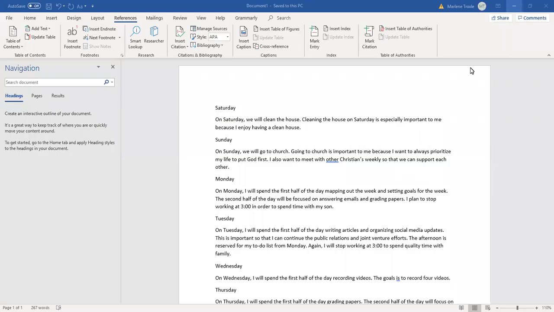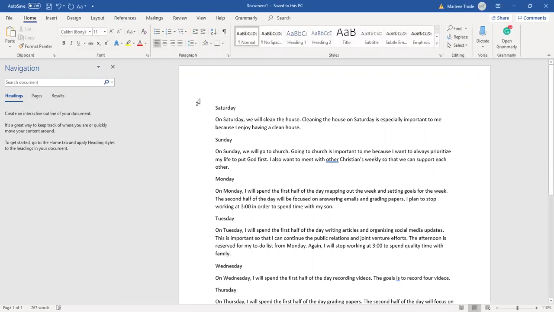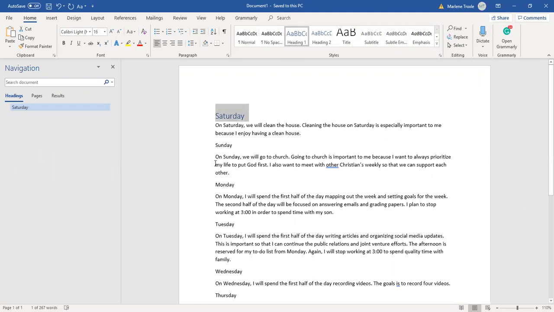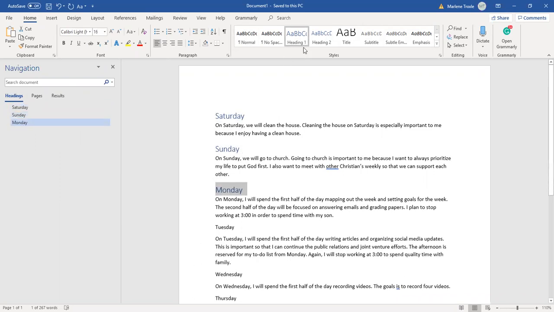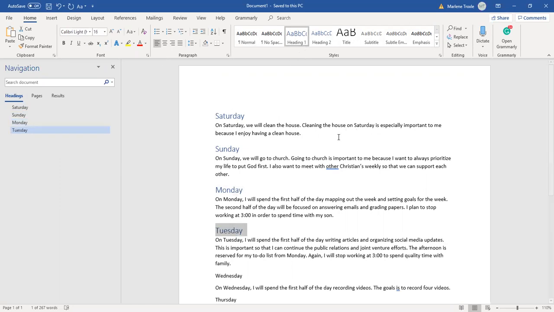In this video, I'm going to show you how to insert a table of contents. So you will notice that I have the document already written, and what we need to do here is put in a few headers. So here's one. I just did a basic document so that I could show you how to insert the table of contents. Okay. So now we're going to go into